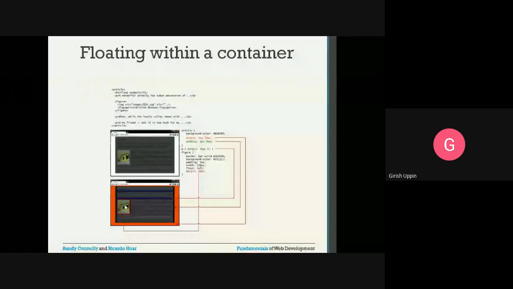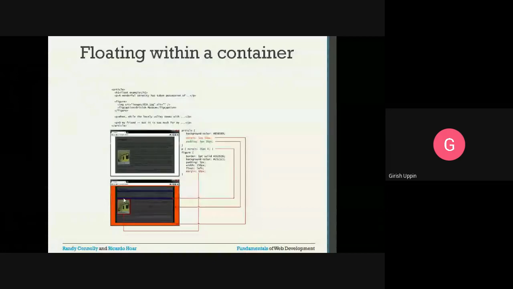Float is left, so this particular figure will float to the left, and the rest of the content will refloat, because width is specified. This area will be filled up by the next element, and we have float left and margin 10 pixels. So from the box element border, we have a margin of 10 pixel on all the sides.